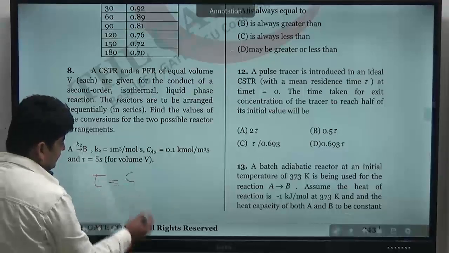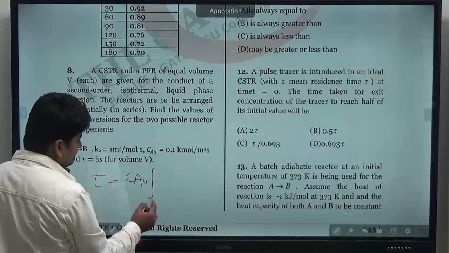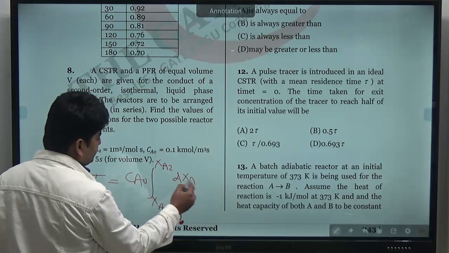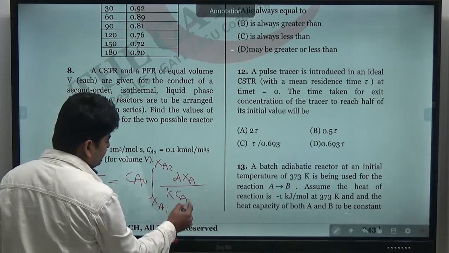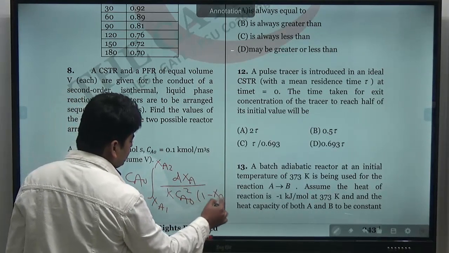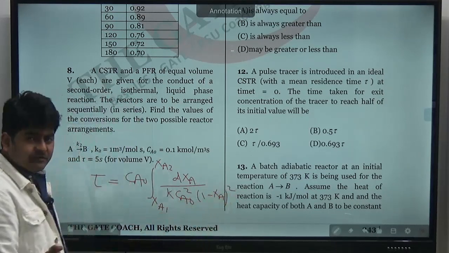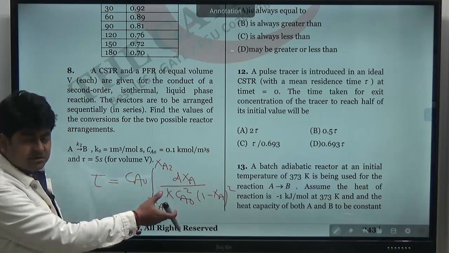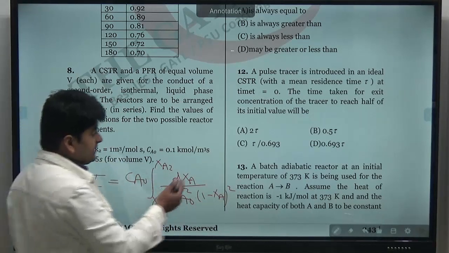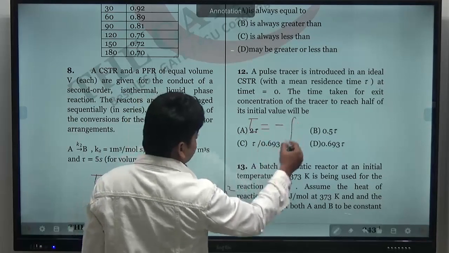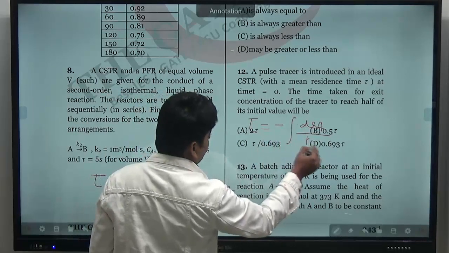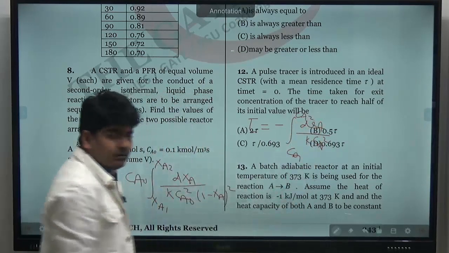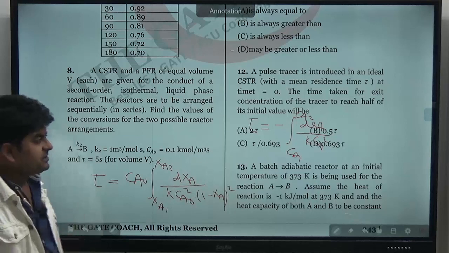Like again, I can write for PFR, the design equation in terms of conversion, something like this, for the MFR followed by PFR arrangement, where RA can be written as K C naught square (1 minus XA). If you can solve this integration, it's wonderful. Otherwise, because you can see conversion, some calculation steps will be more. But if you solve it in terms of concentration, it will be easier for us.